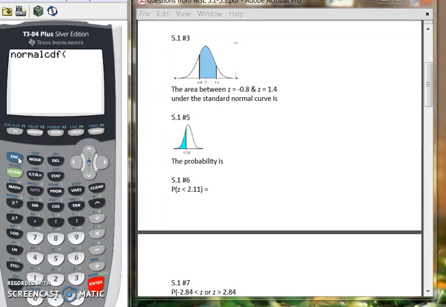So we use negative, not minus, but negative. Now do second, comma, which is EE. And it pastes a capital E on the screen. Don't use any other E that you might find on the TI. 99, comma,